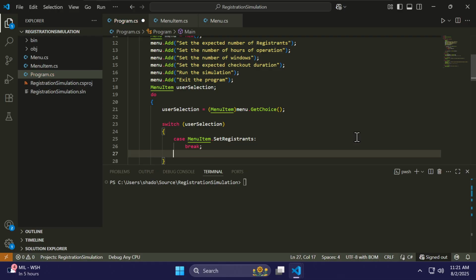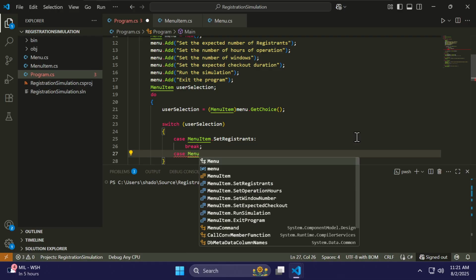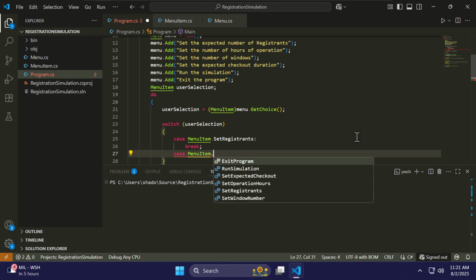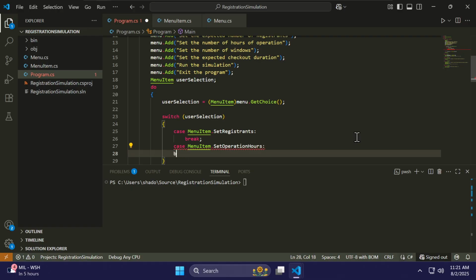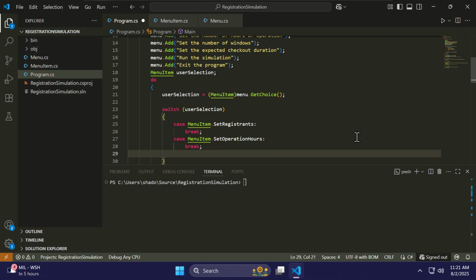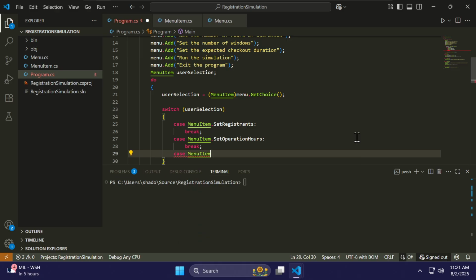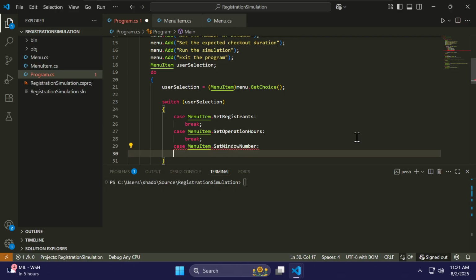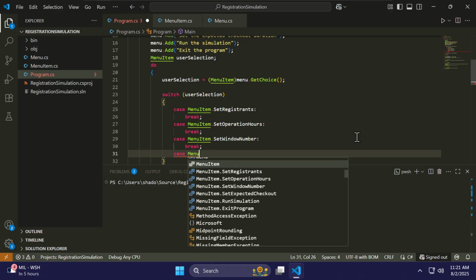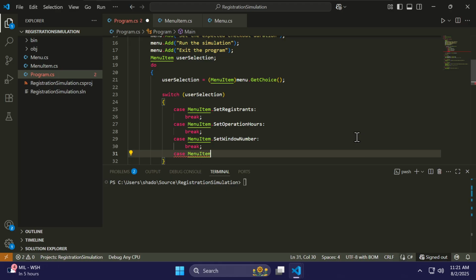Break. Case menu item dot set hours of operation. Break. Case menu item dot set window number. Break. Case menu item dot set expected